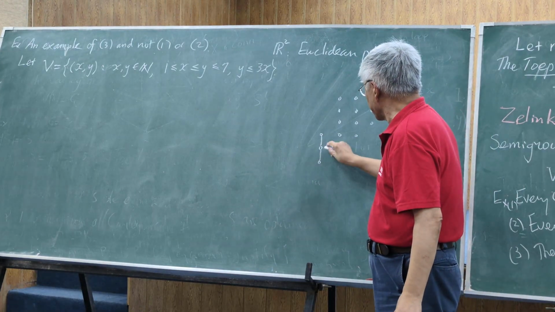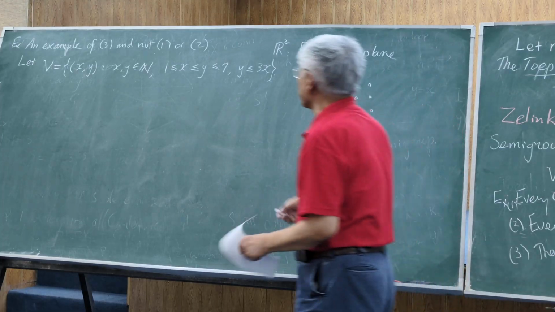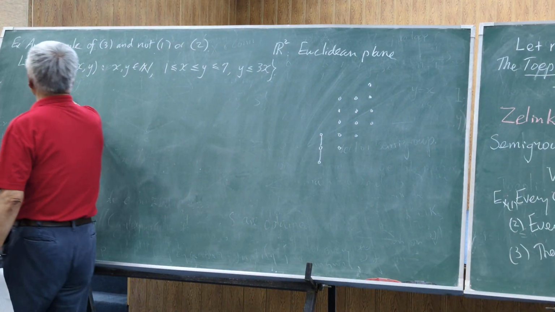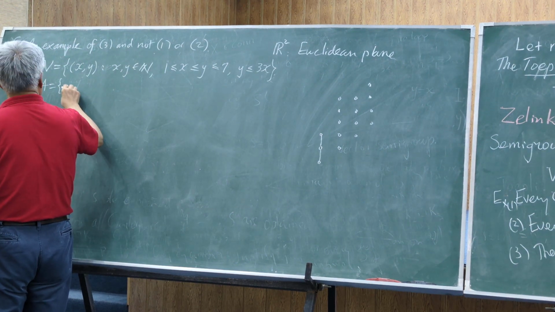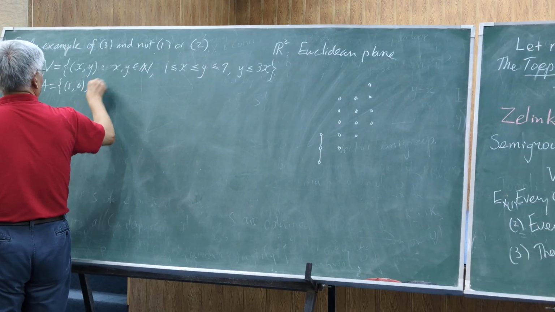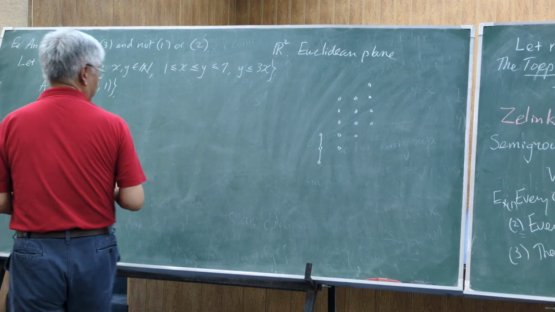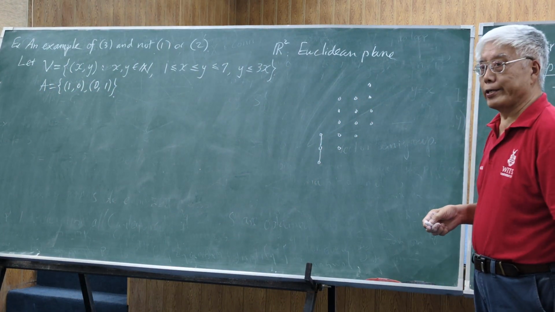And these edges are there. This is the vertex set, and we give A to be two unit vectors, individual unit vectors, two integral non